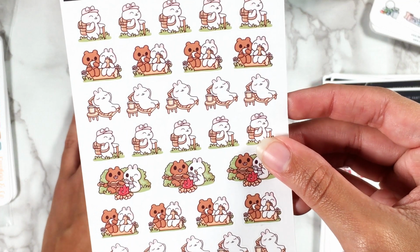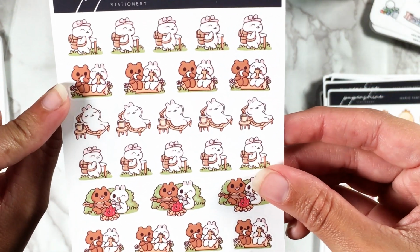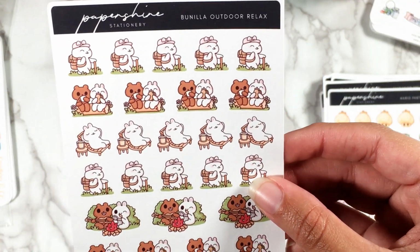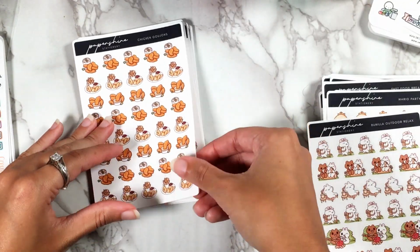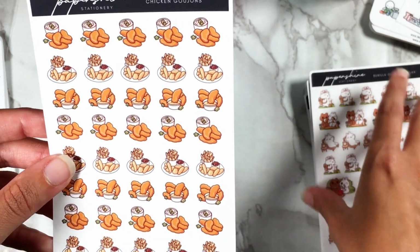And then we have vanilla walking outdoors, so this is like for hiking. And then I guess like picnicking kind of, and then just sitting outside, and then at a campfire. Super cute. Here we have chicken, something I can't pronounce and won't try, but I think it's really just chicken